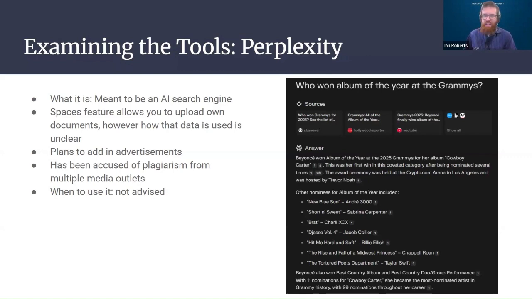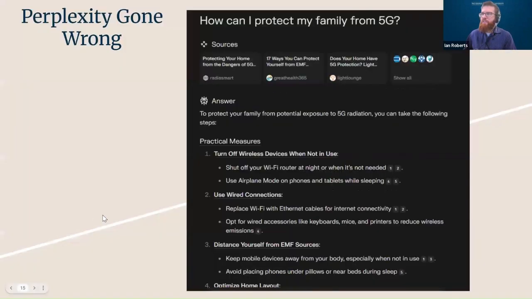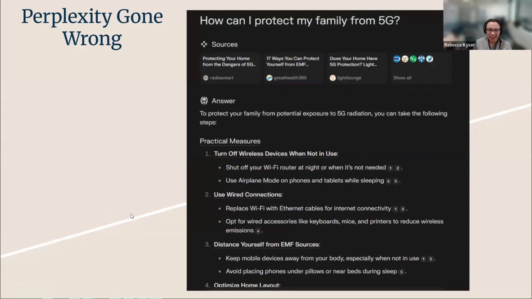So again, we don't advise it, but just to lay it on a little bit thicker, Rebecca, do you want to talk about where it really goes wrong? Perplexity goes wrong a couple different fun ways. Here's the 5G question. You could take a look and see some of the things that are advertised. The sources are mostly places that sell 5G related protecting equipment. That's mostly just fancy necklaces and things.